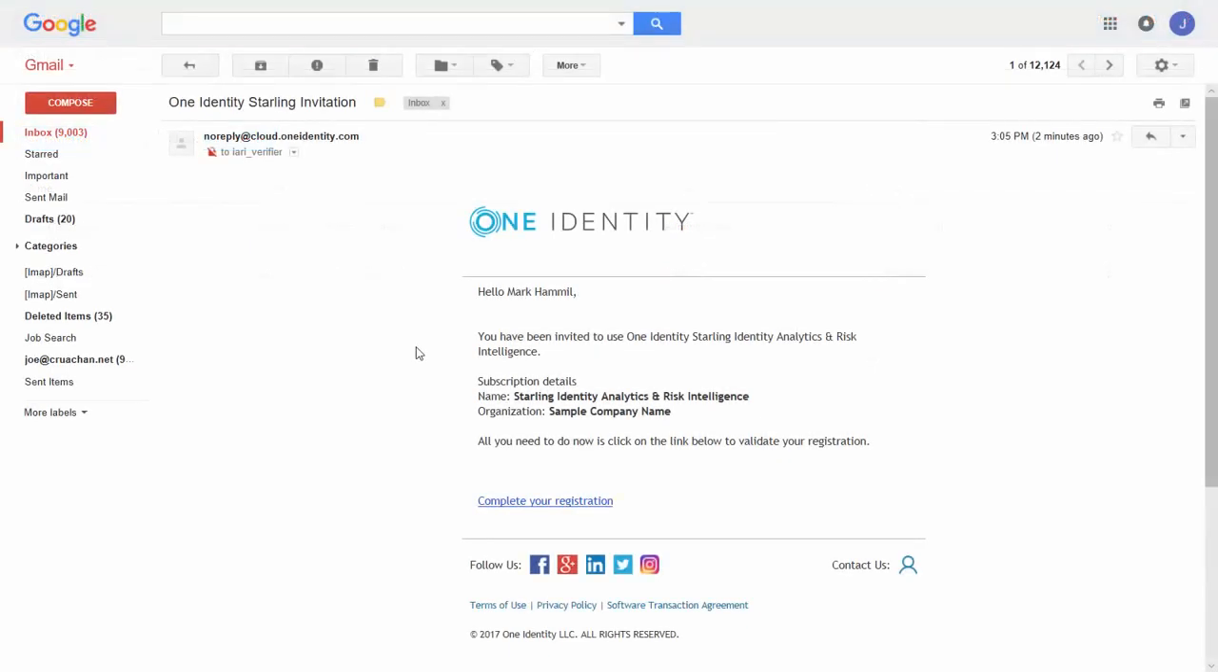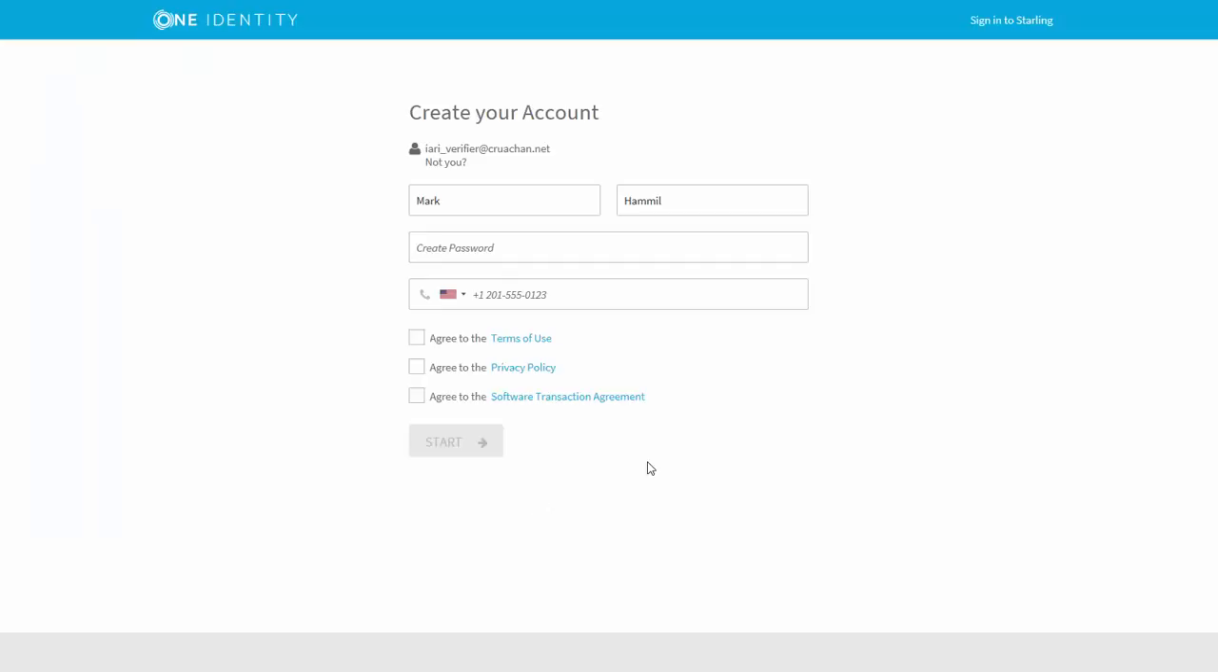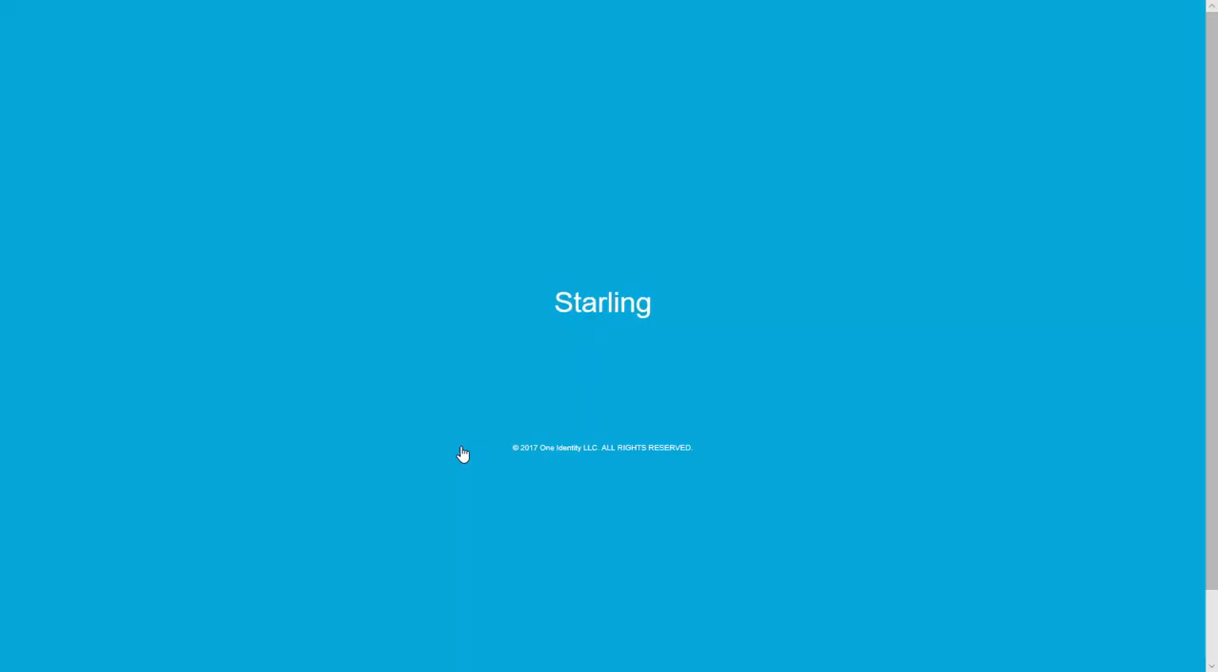Okay, here we are. We've received the email from One Identity, and you can see here there's a hyperlink saying complete your registration. So let's go ahead and do that process for this verifier. We'll click the hyperlink, and as you can see, it remembers the information about this user. Let's go ahead and create a password, add our phone number, and agree to the terms of use. Once you've done that, you're ready to click the Start button,